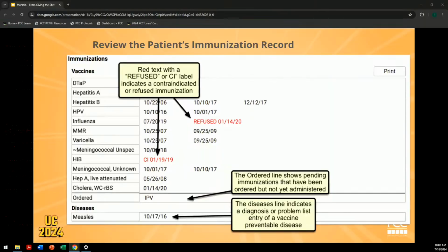And then finally, we can see that they had measles on 10/17/16. So it's going to provide you that diagnosis or problem list with the vaccine preventable disease that they've had. And some of this is probably a huge review for you guys, but